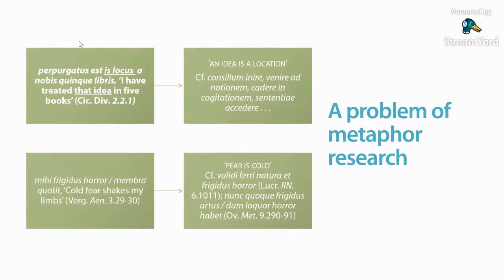The pairing frigidus horror occurs only twice elsewhere in Latin literature. In Lucretius's validi ferri natura et frigidus horror, the nature and cold stiffness of strong iron, which likely served as a model for the Virgilian line, but where horror preserves its more literal sense. And in Ovid's nunc quoque frigidus artus, dum loquor horror habet. Now cold fear takes hold of my limbs as I speak. You can see the examples on the slide, which shares the sense of Virgil's phrase and was in fact likely